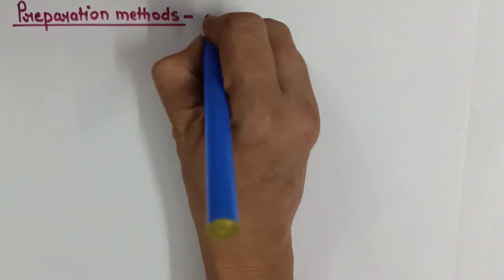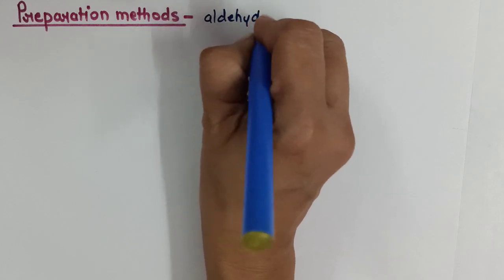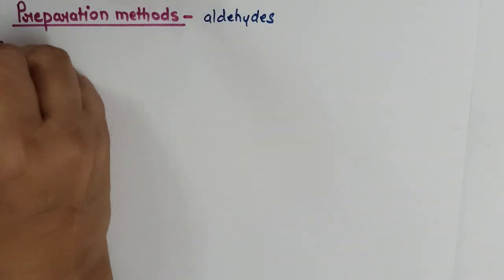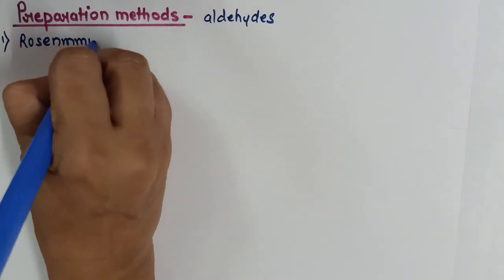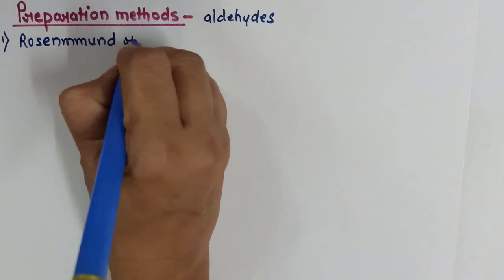So in the last part, just now we have completed IUPAC nomenclature. Moving on to preparation methods. Now there are separate preparation methods for aldehydes, there are separate preparation methods for ketones, and there are certain preparation methods which will give us both aldehyde and ketone, that are common preparation methods. So first of all, we are going to discuss the preparation methods for aldehydes. In that, the first one is the Rosenmund reduction reaction. This is a name reaction,